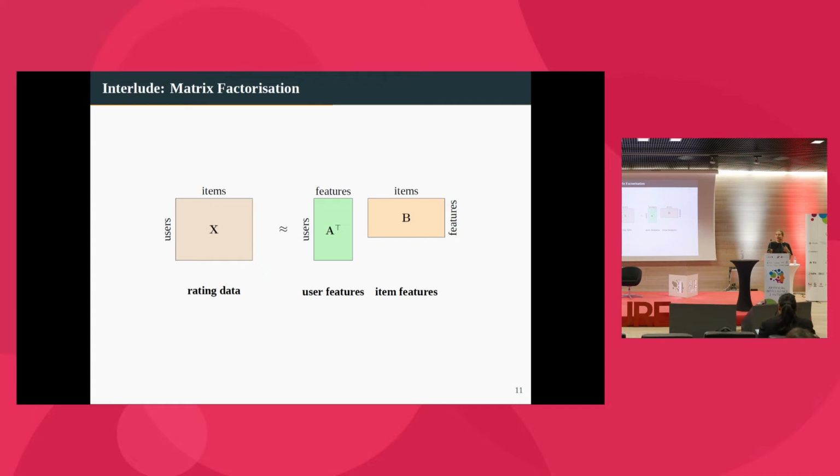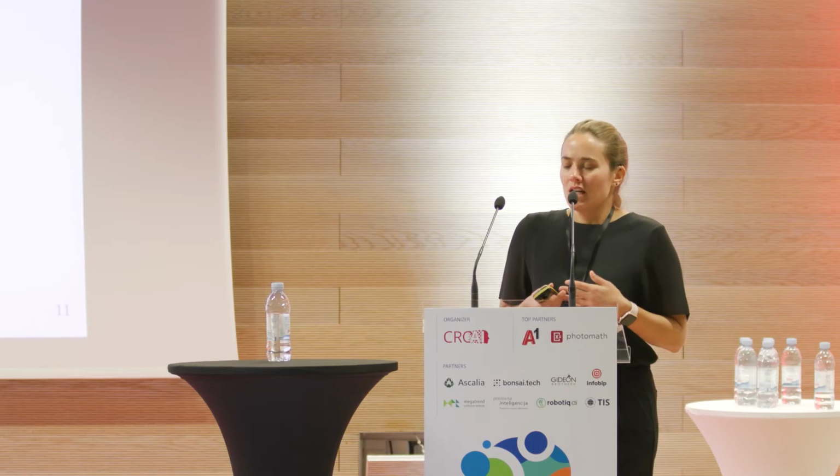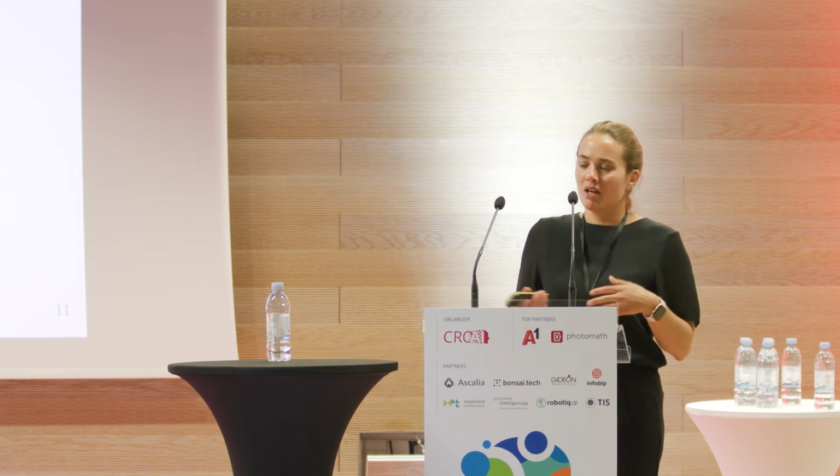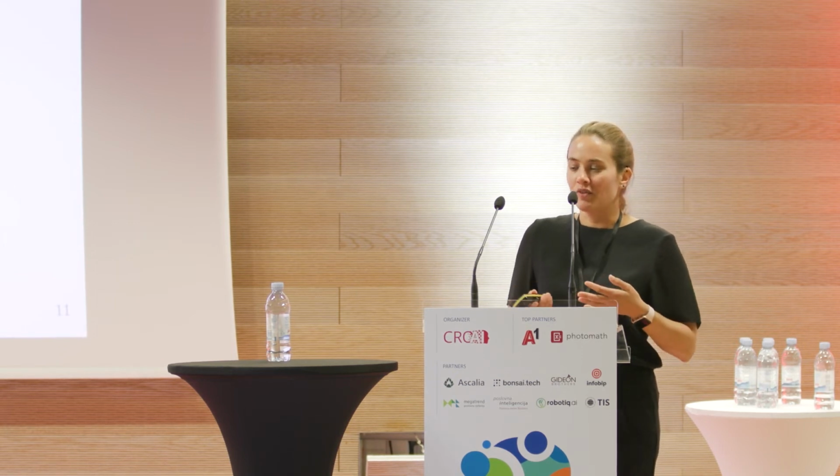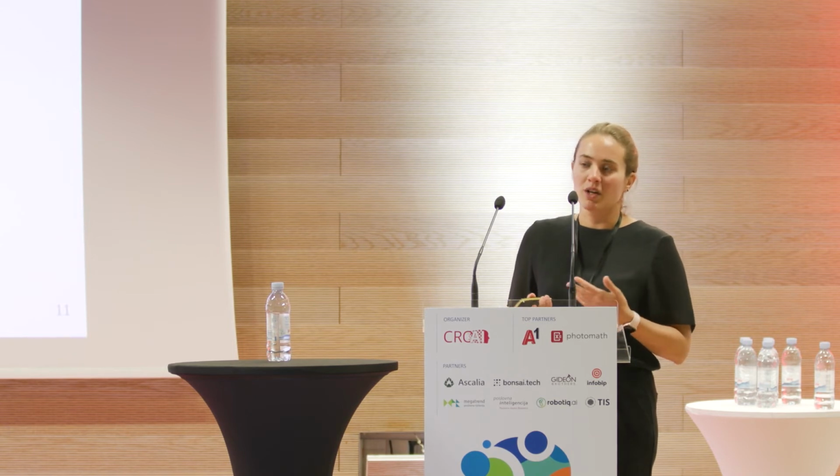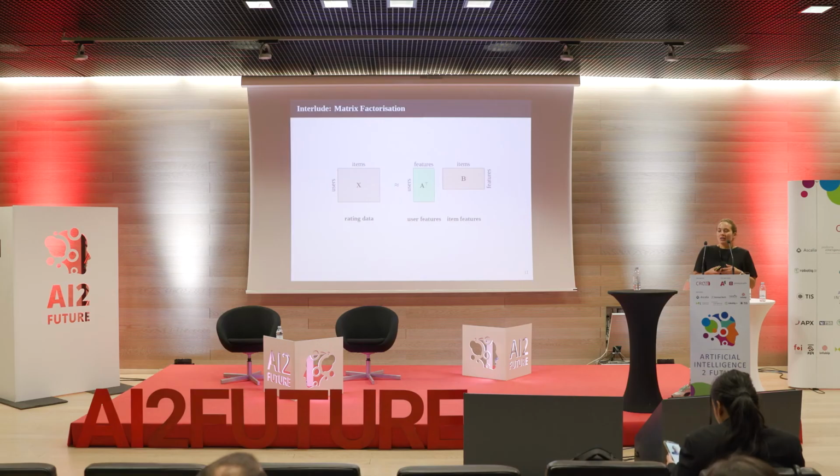This is the classic example everyone learns in a machine learning course. It is also known under the name of collaborative filtering, and it's used for recommender systems. So essentially, we collect some kind of data on ratings. So users have bought items. They've rated them with some ratings between 1 and 5 stars, say. And then, not every user has bought every item. So if we want to find out whether a user would like a particular item, so we could recommend it to them,